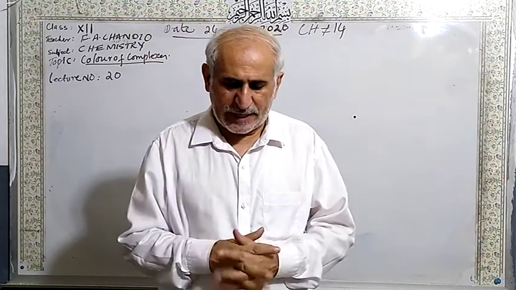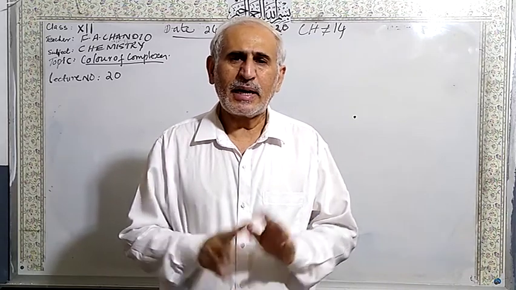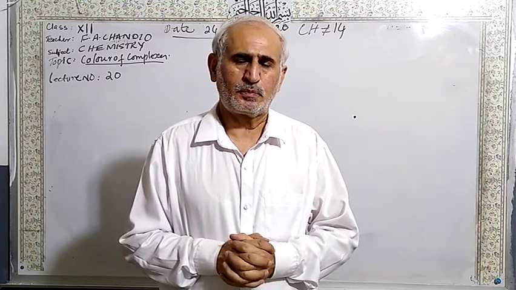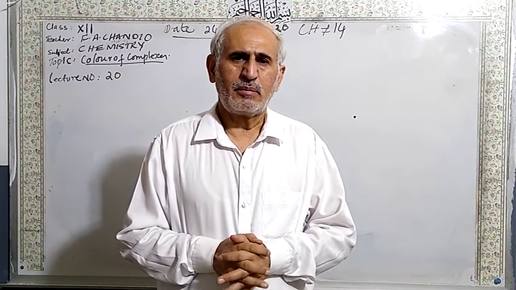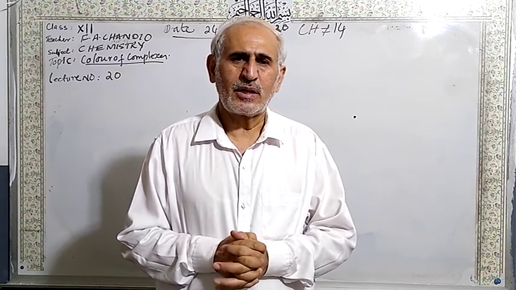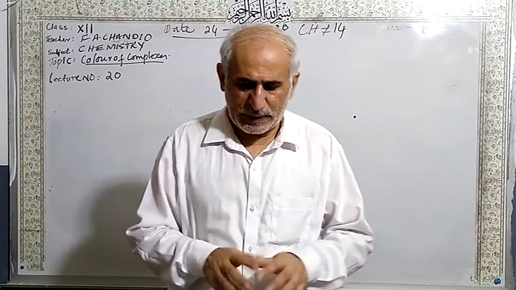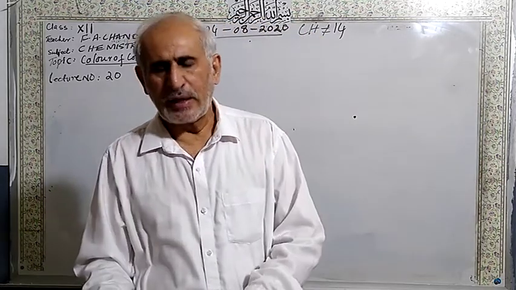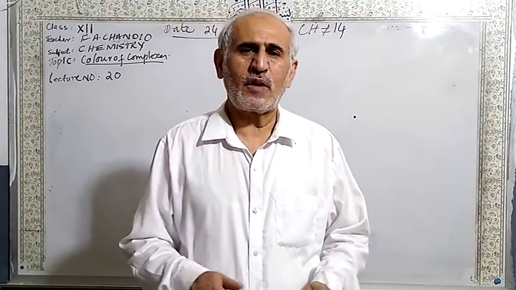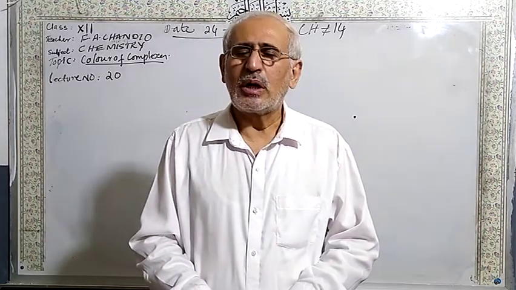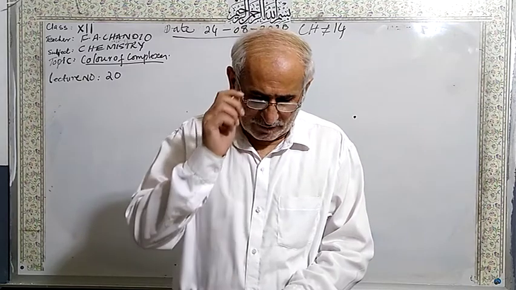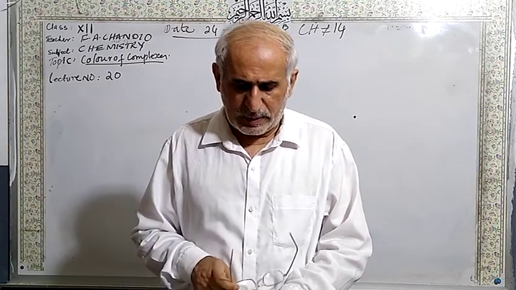Now the question is, why is color formed? Why do these transition metal complexes impart colors? The explanation is very important. This is the chemistry of color of the complexes. So the explanation is that when the transition elements make compounds,